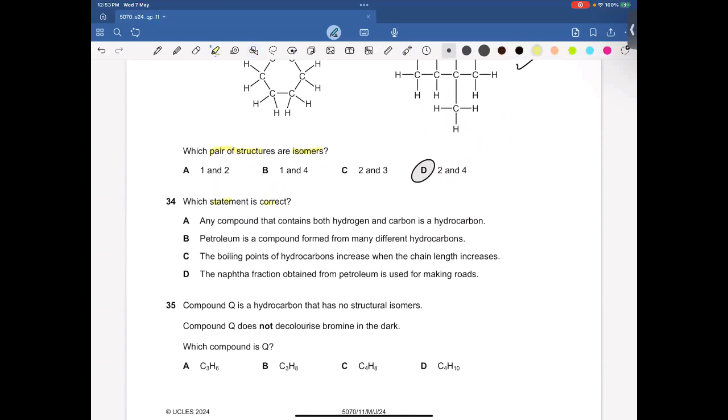Which statement is correct? Any compound that contain both hydrogen and carbon is hydrocarbon. Any compound. Because अल्कोहल में भी कार्बन हाइड्रोजन होता है, लेकिन वो हाइड्रोकार्बन नहीं है, बिकॉज उसमें ऑक्सीजन भी आ जाता है। इसी तरह कार्बोक्सिलिक एसिड एस्टर में भी ऑक्सीजन है, तो वो हाइड्रोकार्बन तो नहीं है। सो एनी कंपाउंड का जो स्टेटमेंट है ना, नॉट एनी, ये गलत है।